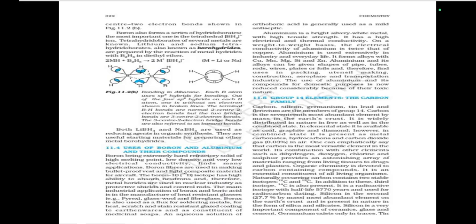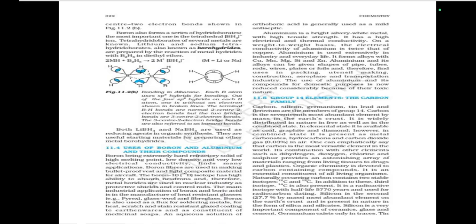Group 14 elements, the carbon family: carbon, silicon, germanium, tin, lead, and flerovium are the members of group 14. Carbon is the 17th most abundant element by mass in the Earth's crust. It is widely distributed in nature in free as well as in the combined state. In the elemental state, it is available as coal, graphite, and diamond. In the combined state, it is present as metal carbonates, hydrocarbons, and carbon dioxide gas